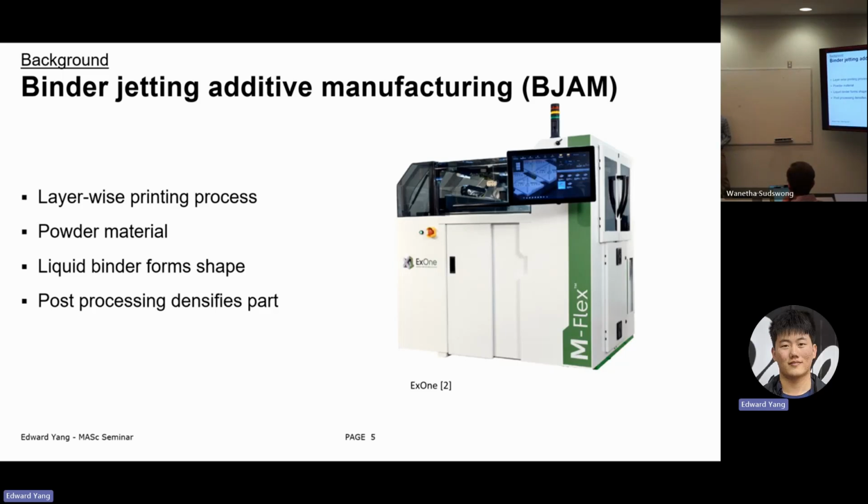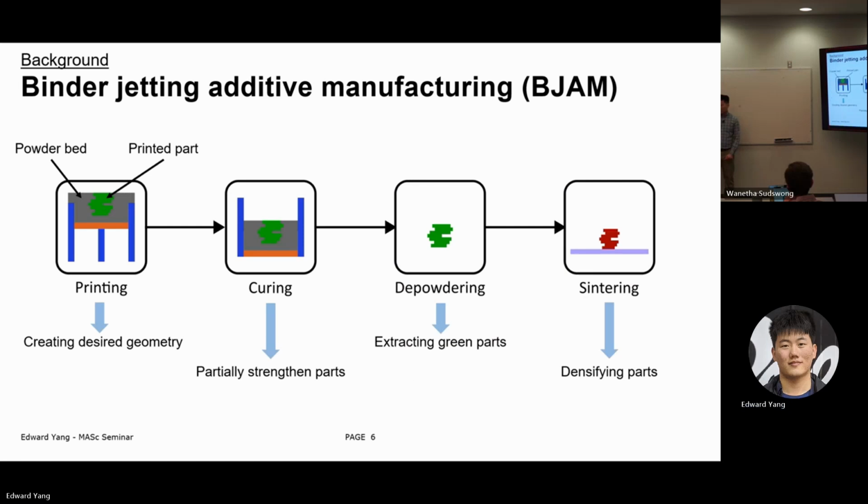So what is binder jetting additive manufacturing? Like I mentioned earlier, like many other AM technologies, it works with a layer-wise printing process and a powdered material. It takes the powdered material and combines it with a liquid binder to form the shape during the printing process. And afterwards, post-processing is required to take that printed part and densify it and give it the desired mechanical properties. So a broad overview of what this looks like in 4 stages is, first, the part is